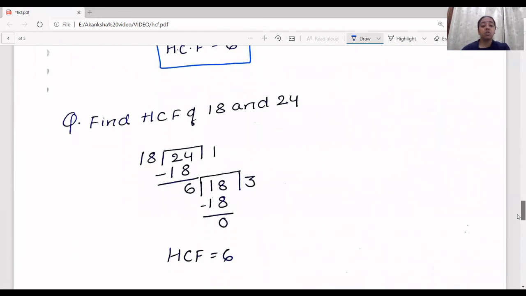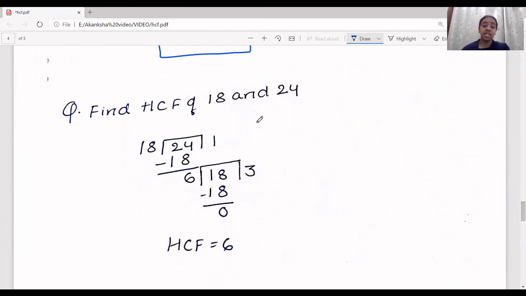We have one more question solved here for your reference, which is 18 and 24. Is 18 divisible by 24? No. So 18 ones are 18. 18 twos will give me a number higher than 24. So 18. Now I'll be doing a subtraction between 18 and 24. I'll get 6 as the number. Again, this number will then come here. 18. Now divide 18 by 6. Can you divide 18 by 6? Yes. 6 threes are 18. So it is 0. Again, the divisor here will serve as HCF. So this is the HCF.